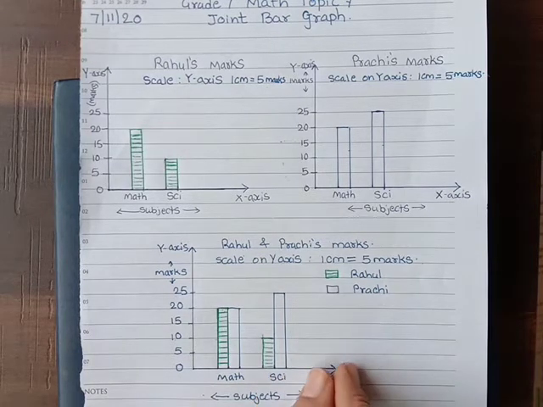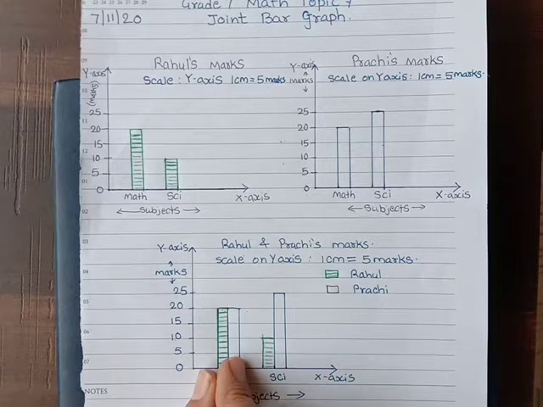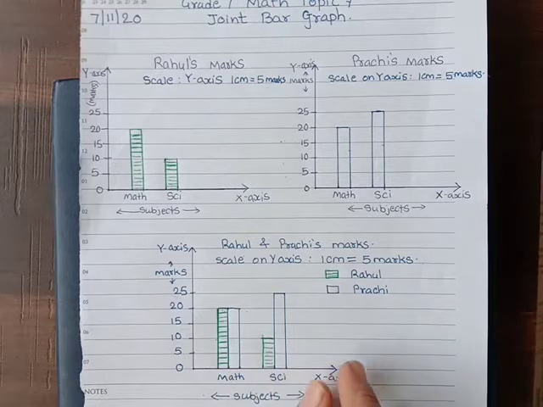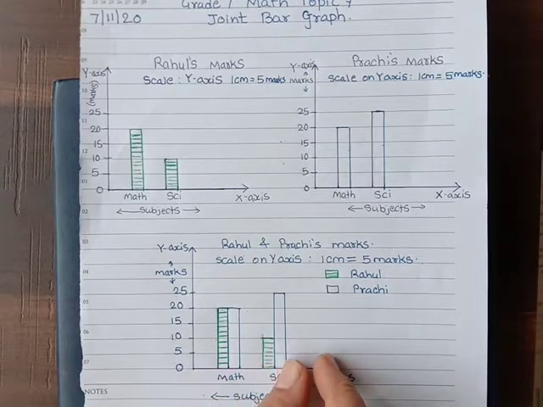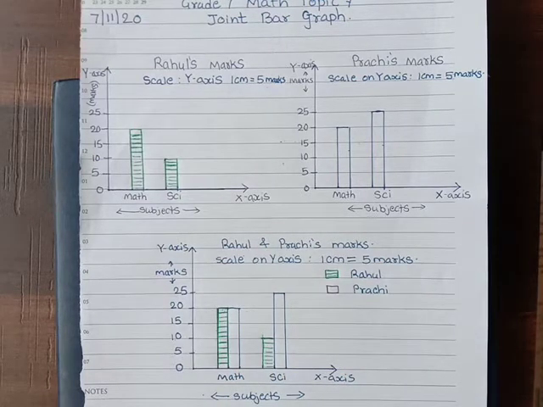That means if I draw a third person here and his or her marks are shown over here, then the distance between the joint bars, for example from 0 to this first joint bar, I have shown a distance of, say for example, 1 unit. So here also I have shown a distance of 1 unit. So if I draw a third set also, it should be placed after the same distance. So the distance between the joint bars should be the same, and a joint bar graph is used for a comparative study. You can very easily compare things in a joint bar graph.